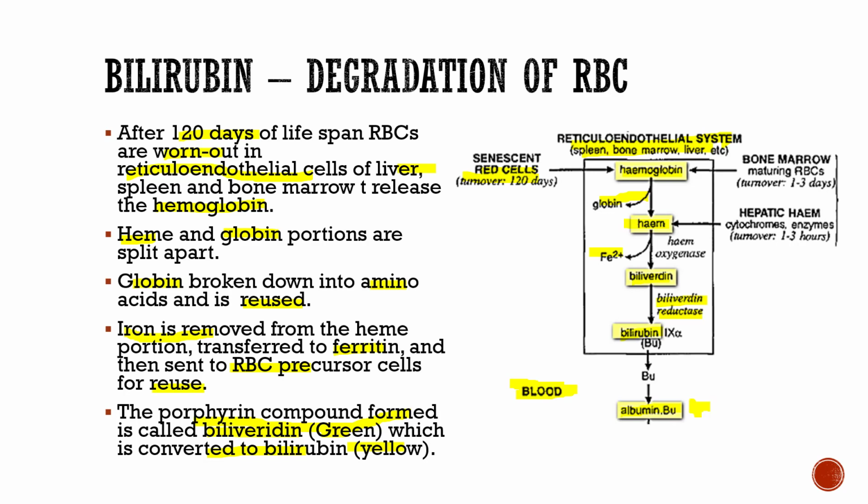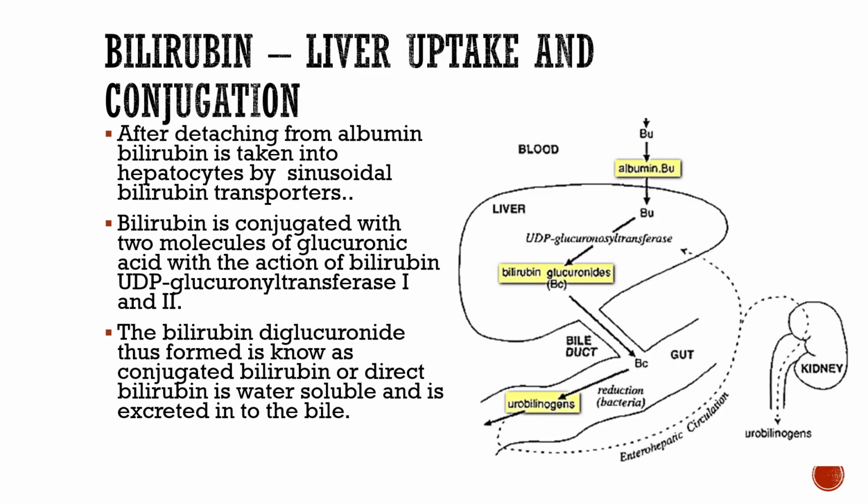We will understand what is this indirect and unconjugated later. Now you have the bilirubin albumin complex, the unconjugated bilirubin, or the indirect bilirubin. Since it is bound to albumin, it cannot be excreted by the kidney. So it is not water soluble also. So it has to be made water soluble by a process known as conjugation, which takes place in the liver.